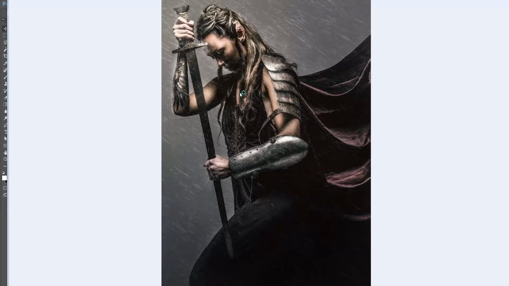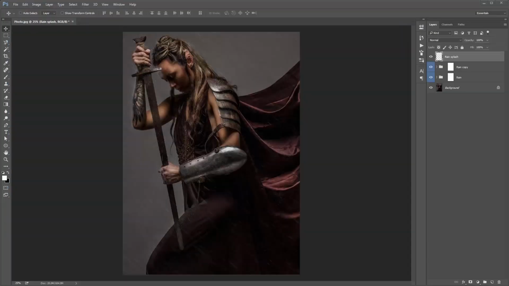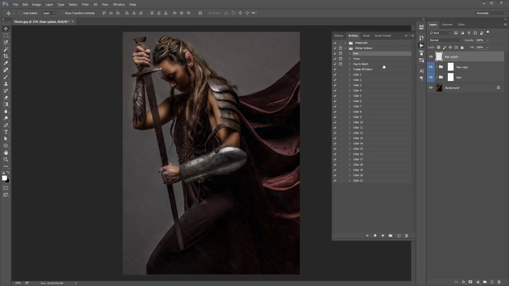Okay, so you can see we've got some lighting coming from the top corner here, and it's a bit of a warm light, and you can see as it comes down it fades off, and this corner is quite dark. Okay, so let's jump into the camera raw filter. Before we do that, I'm going to apply some color. So I'm going to create all the colors,